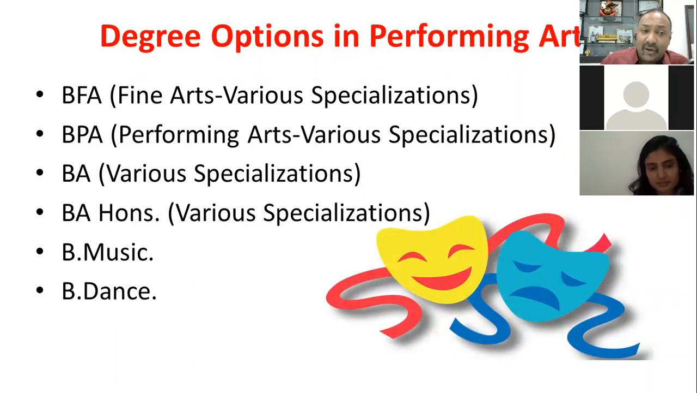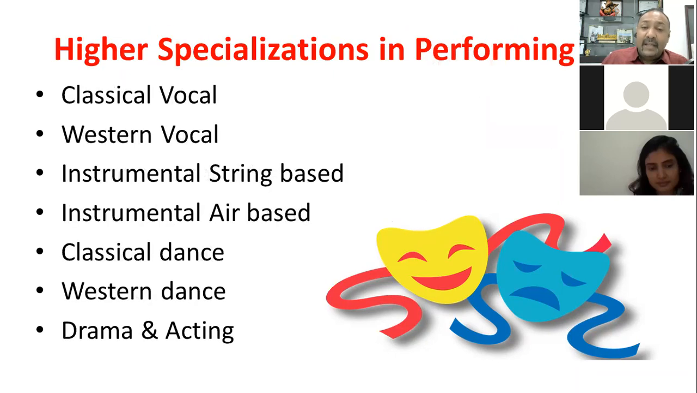You could go for Bachelor of Fine Arts, Performing Arts, different specializations. These degrees are also available under the head of BA or BA Honors. And the specializations could involve classical vocal singing, Western vocal singing, instrument playing related to string-based, air-based. You could go for classical dance, Western dance, or you could go ahead with theater or drama and acting as